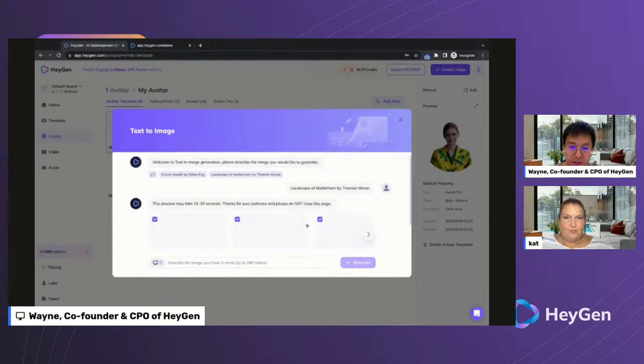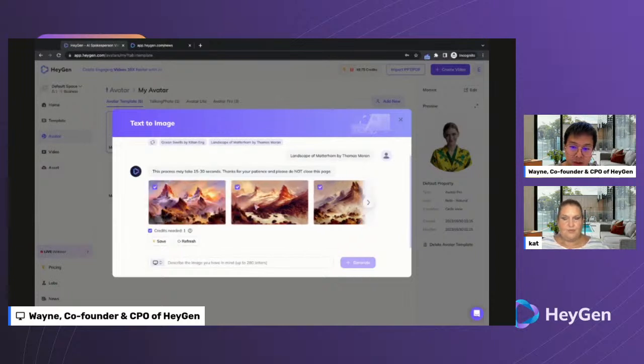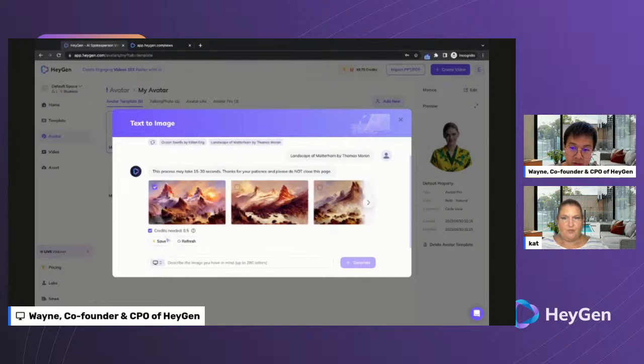I think we all know what text to image looks like. But these are really beautiful landscape photos. Let me just save this to you, by the way. And